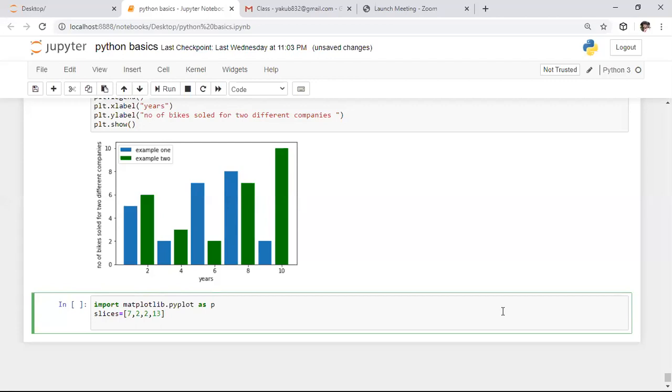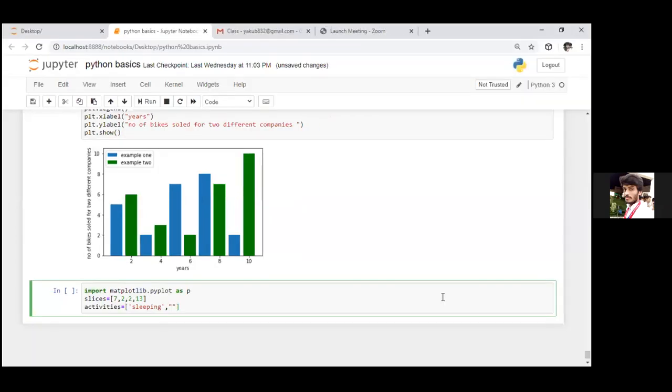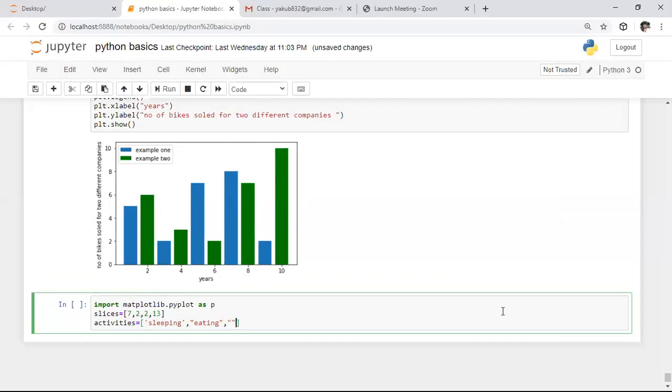After this, I want to specify the activities he is doing during those durations. So I'm taking one more list, activities. Daily 7 hours he is sleeping, daily 2 hours he is eating, daily 2 hours he is reading, and daily 13 hours he is playing.